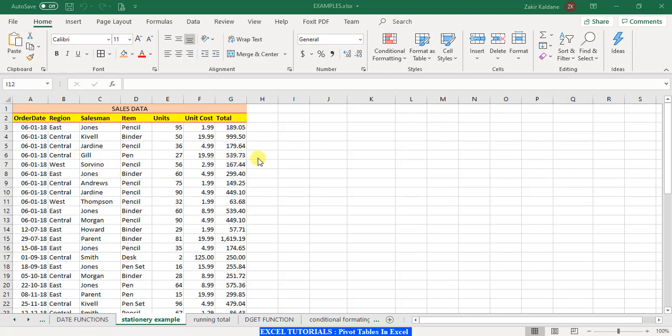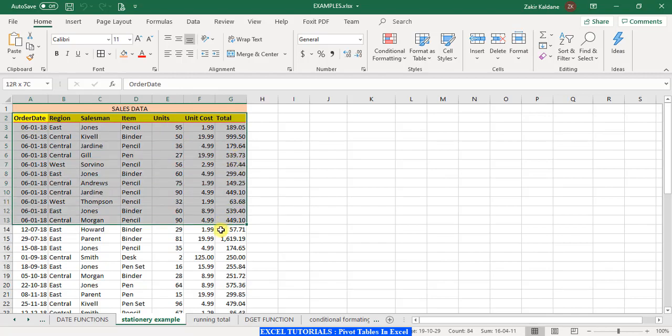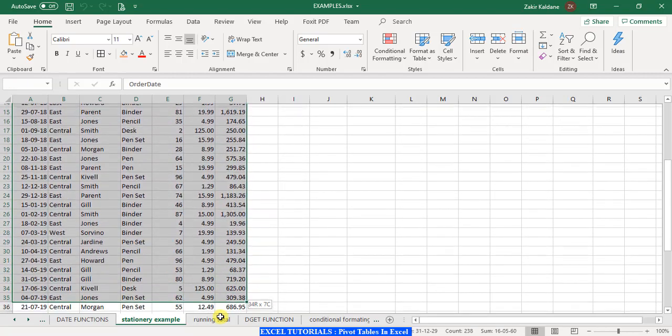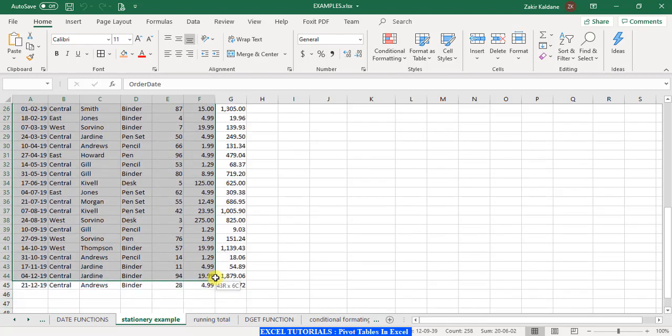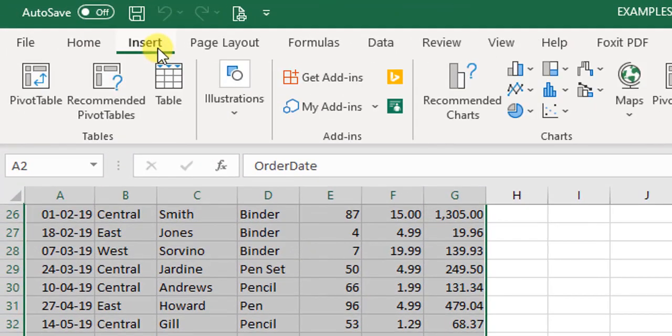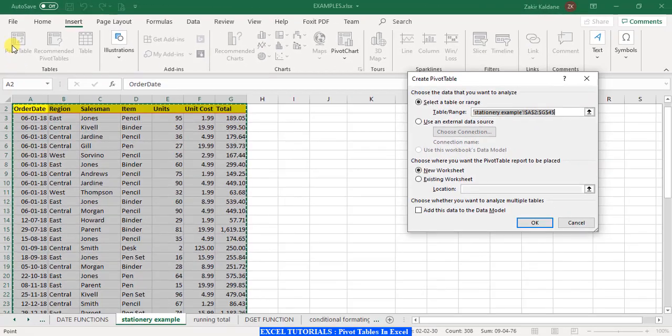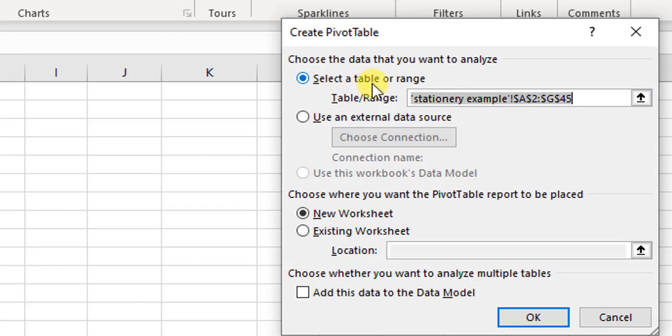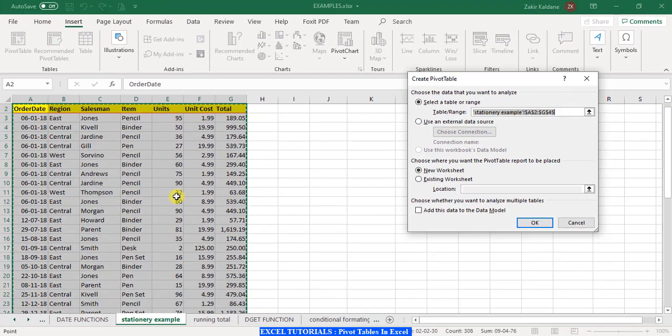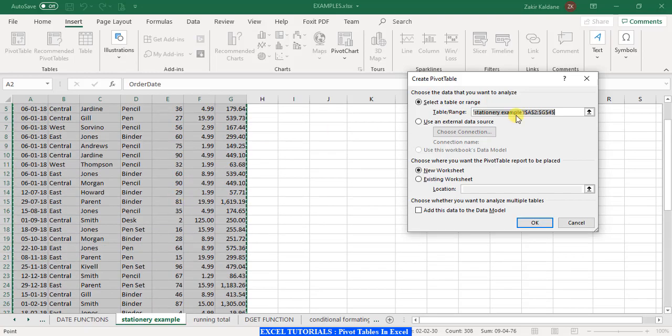So basically, for creating a pivot table, you have to start by selecting the data range. In this particular case, I will select the data range of my data. For this data, I want to insert a pivot table. Then I need to go to the insert tab and select pivot table from there. Once I select the pivot table, this create pivot table dialog box comes up where I have to fill in two options. The first one is select a table or a range. We have already selected this, so this work is already done.